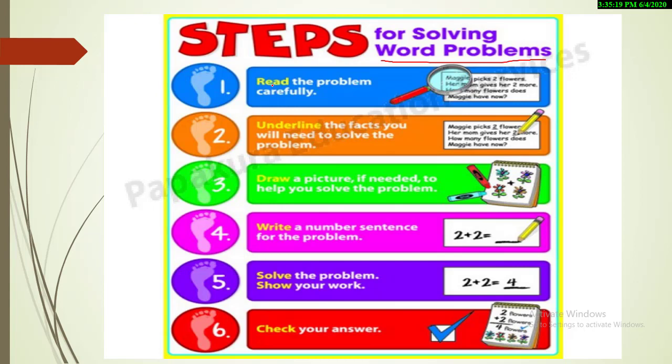Although word problems sometimes get very tricky, I'm always here to help you, and you need to focus on these things as well. What you need to do first, read the problem carefully. Yes, this is the most important step. Read the word problem 2 times: what they are asking you, what is the meaning of the statement. So just read the statement very, very carefully. Underline the facts that you need to solve. Like in every word problem, you need to find out what things you are going to do in the word problem.